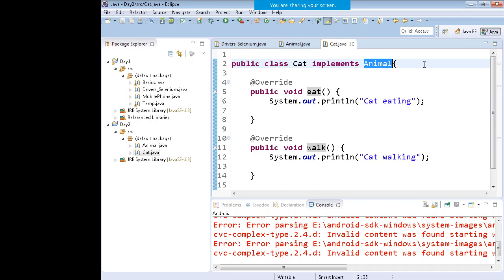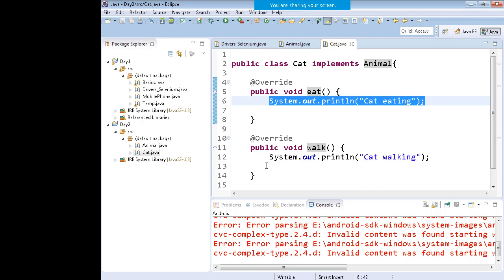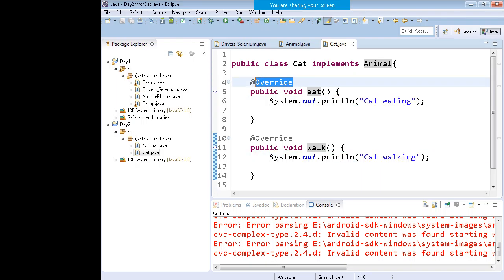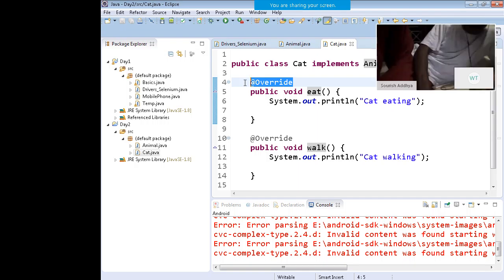So you will have to give the bodies to the functions. Now the @Override, this is known as an annotation. This means that the eat